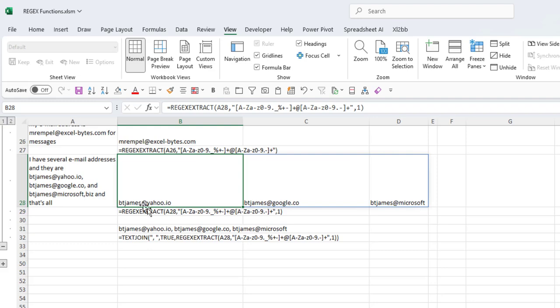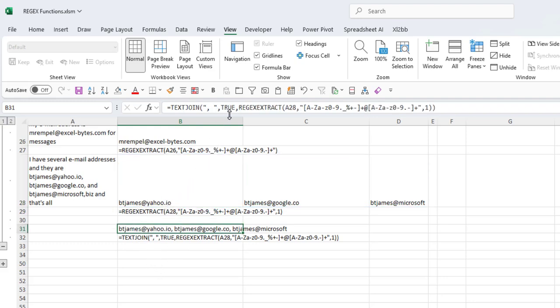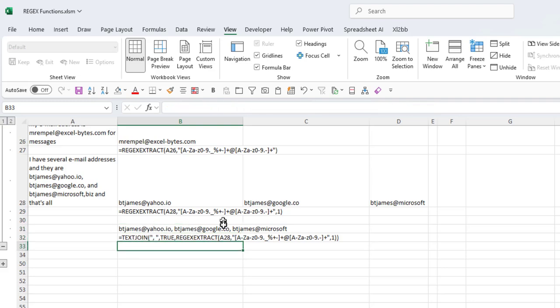So what I ended up with here is 3 different email addresses, but in this case, Excel spilled them horizontally in 3 different columns. If I wanted those all to be in one column, all I need to do is wrap that in a TEXTJOIN function. I used a comma and space, and then that same REGEXEXTRACT pattern, and